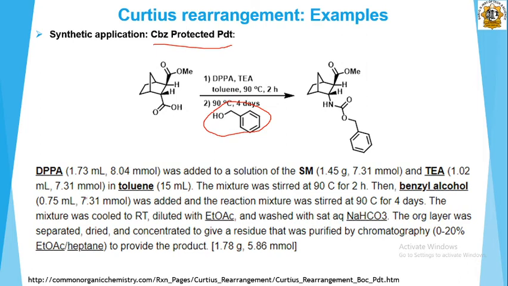Okay, so the starting material is 7.31, 7.31 equivalent they have taken. And the beauty of this reaction is that it is not a very harsh condition, because the ester is present in this reaction, so it has not been affected here, and the yields are also, I think, good in this reaction. Okay, 1.7 gram,